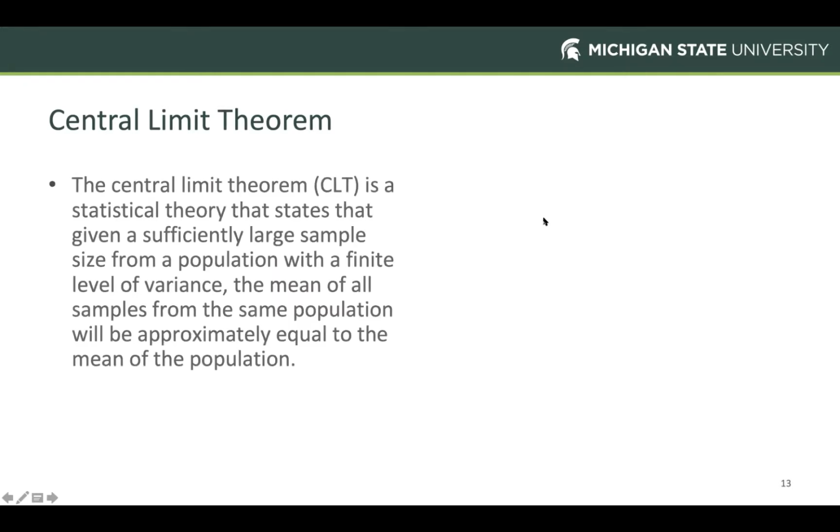So the central limit theorem basically tells us that if we have a sample that's sufficiently large, and that sample is drawn from a population with a finite known variance, the mean of all the samples that are drawn from that population will be approximately equal to the mean of the population. And that's going to hold true regardless of what type of distribution those data are drawn from. So if it's drawn from a normal distribution or a uniform distribution or a binomial distribution, and I could just keep rattling off distributions, I guess, here, but probably the best way to work through this is to just demonstrate